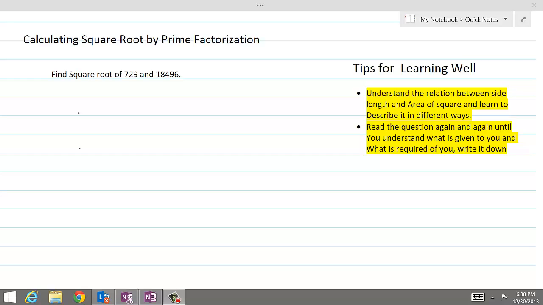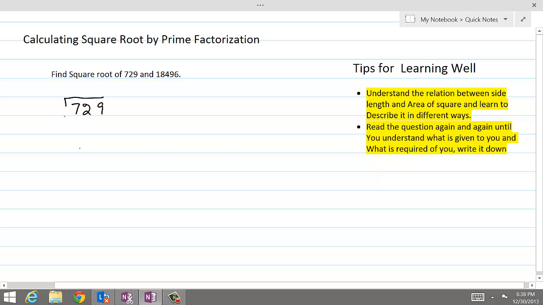Calculating square root by prime factorization. Prime factorization is a great tool to find square root of real numbers, especially when the numbers are perfect squares. Let's try finding the square root of 729 and 18,496. The square root of 729 will be denoted by the square root symbol, and now we'll do small division